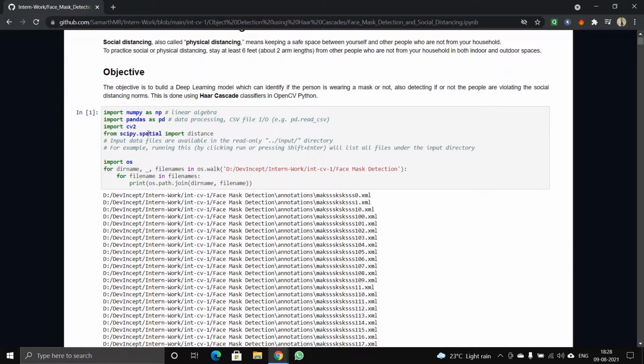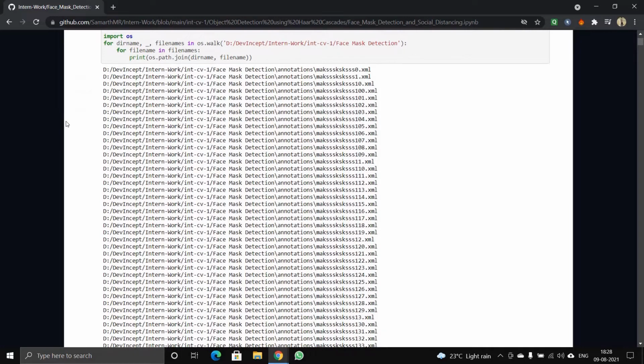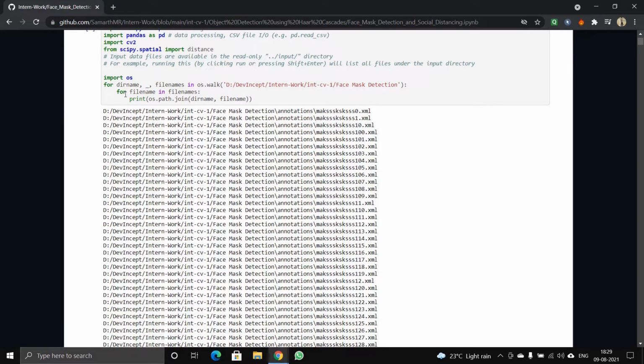The first thing is to import the libraries such as NumPy, Pandas, OpenCV, and SciPy. Then you have to download the dataset. The dataset that I have downloaded is from the Kaggle website. There you will get the Haar cascade classifiers dataset, as well as the mask and no mask images dataset, which is a very huge dataset.